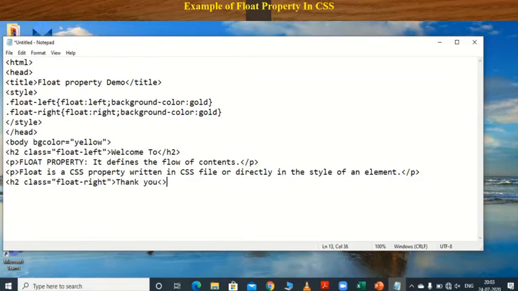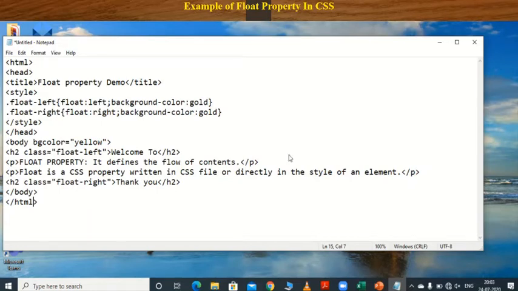Okay, then close this h2 tag. Okay, then close your body tag and then close your HTML tag. Okay, so this is the code when we execute, this is your code for your float property in CSS.